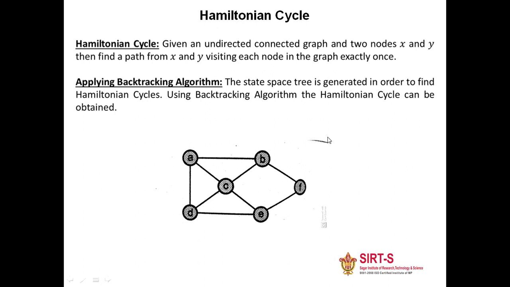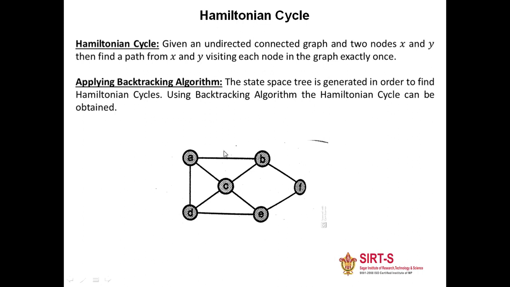It means we'll have to start from A. We are given a graph here itself. We'll have to start traversing from this node A, and by traversing each node exactly once, we'll have to come back to this node A itself. So x and y is nothing, it is A itself. But while visiting all the vertices, we have to take care that they should be traversed only once, and we'll have to move back to A itself.